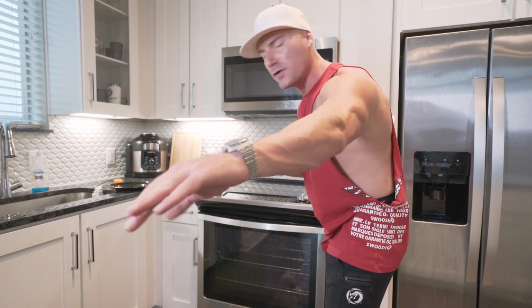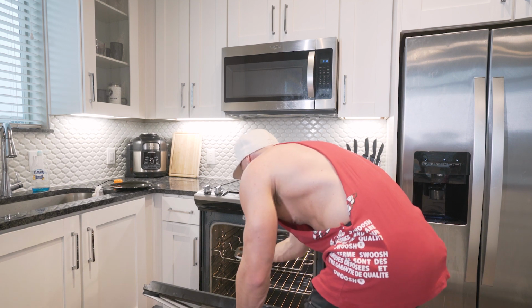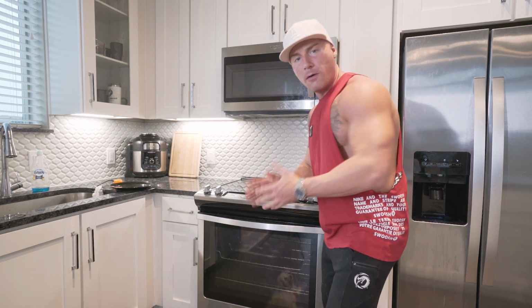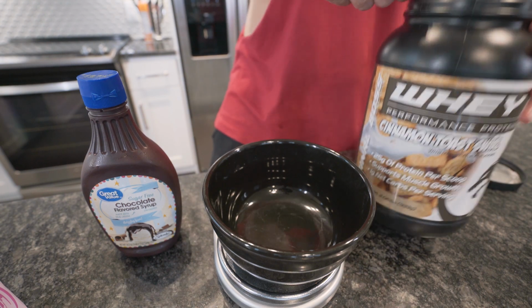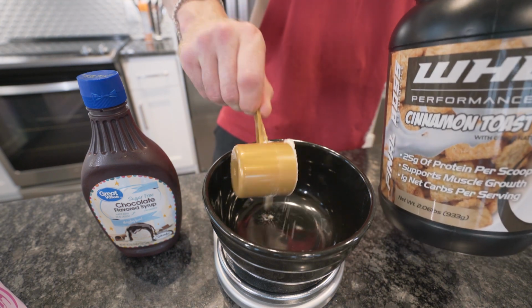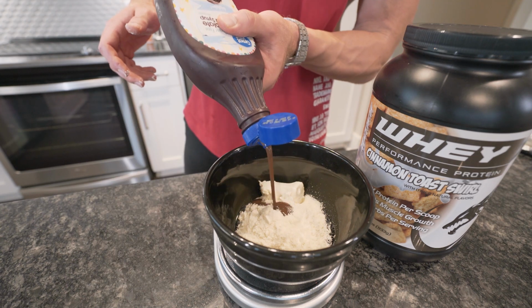Now we just throw them in, 350 degrees, 15 minutes, and we're gonna have ourselves 6 chocolate protein donuts. Boom, while we're waiting on that, icing time. Little protein icing super hack. Throw in a scoop of Final Boss Whey cinnamon toast swirl, 32 grams fat-free cream cheese, and some sugar-free chocolate